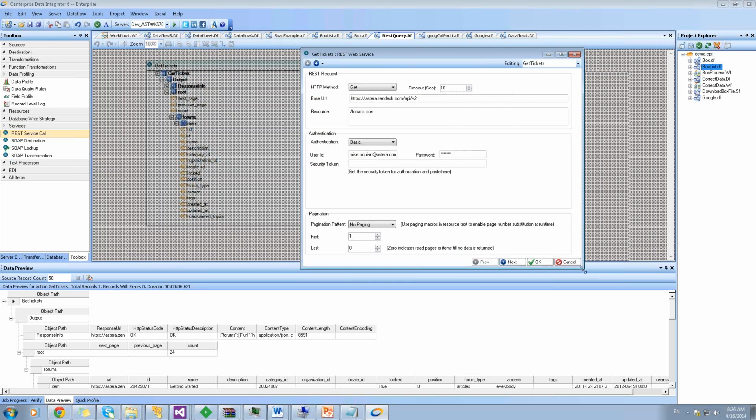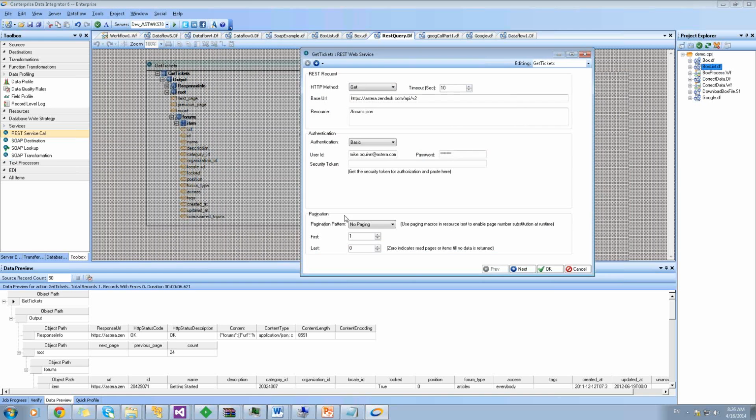And here at the bottom, you'll see that we also have a pagination control. The pagination allows you to select this in order to not bring in all records, but to bring in a limited number of records. And that works by sometimes